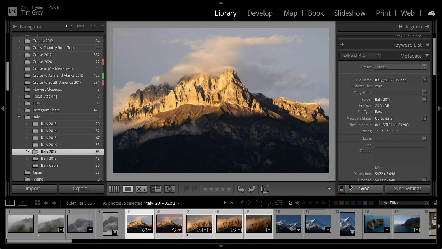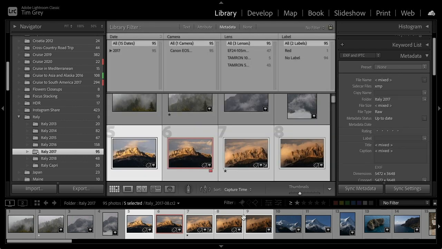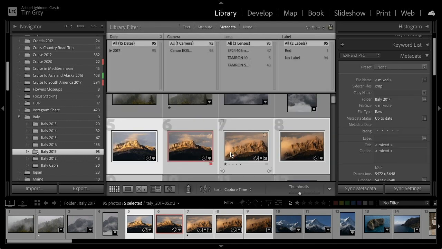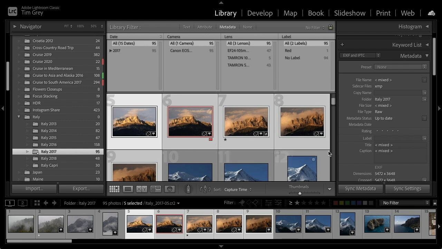You can synchronize. There's some synchronization options over on the right panel. The sync button, for example, enables you to synchronize selected fields from one image to another. But what I find easier, at least if you anticipate this in advance, is to select multiple photos, go to the grid view display, and then you can update the information for all of those photos. So for example, if I paste that title, late afternoon in the Alps, into the title